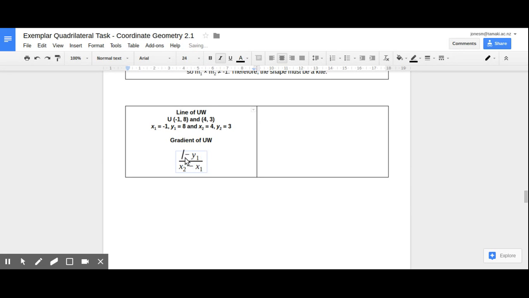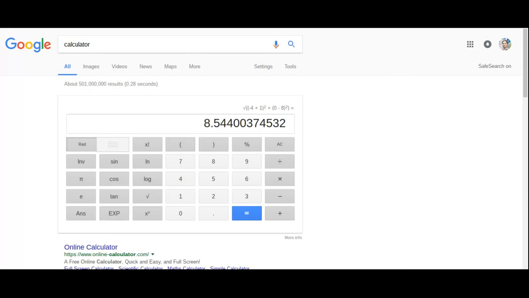So our y2 is 3, our y1 is 8, and our x2 is 4, and our x1 is -1. Okay, now putting this in a calculator, so we've got